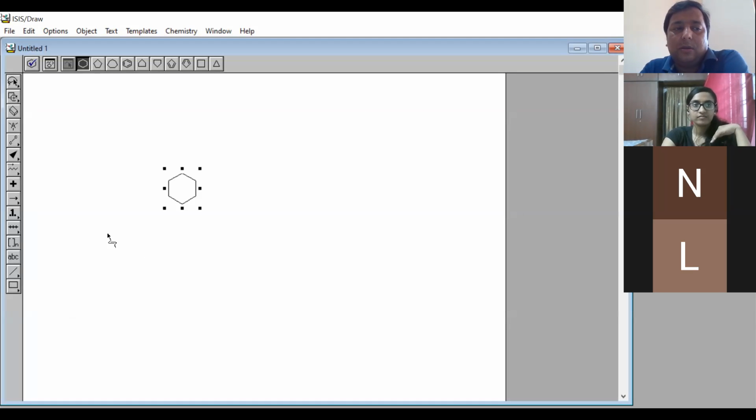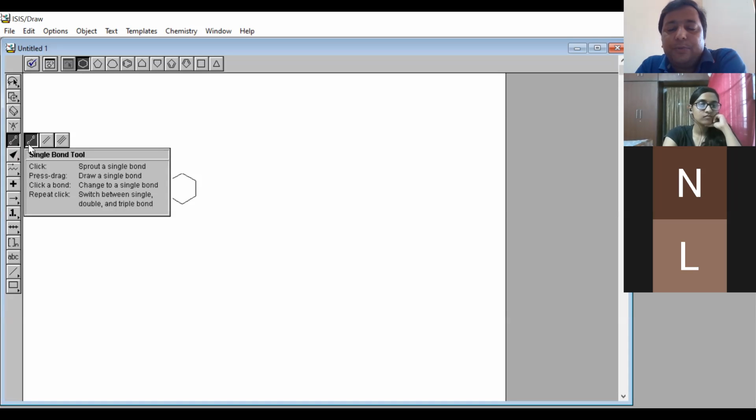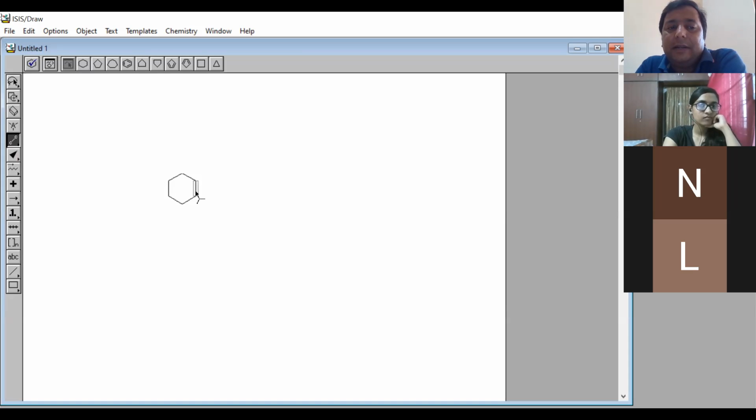Okay, so now if you want to attach here, this structure is in selection mode, right? Anytime you can remove this. And if you want to attach any bonds, first try without using the template. This is the learning mode now. You draw the structure manually, right? So for taking double bonds and triple bonds, the option is here. What I was suggesting is, just click on this one time, it will be a double bond. Another time it will be a triple bond like this. Are you getting it? Anytime you can use these things.